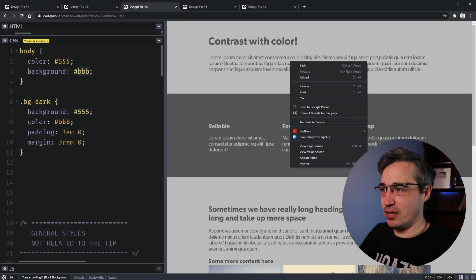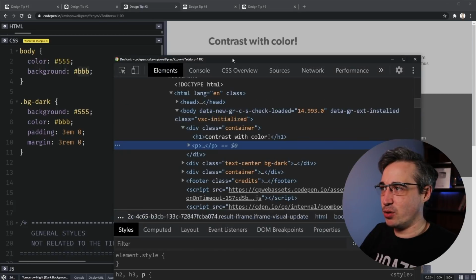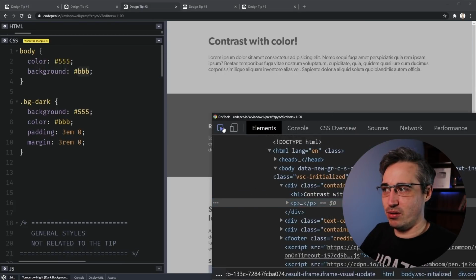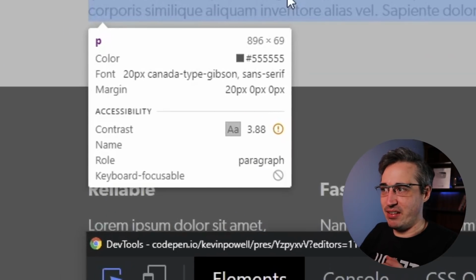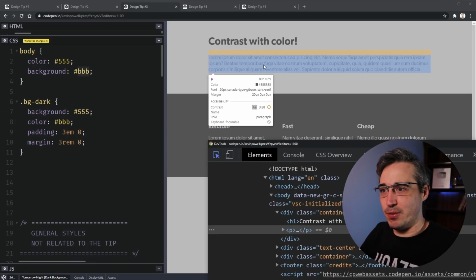Or actually, let's just go look. We'll look really quickly at the contrast. So in Chrome, it's really easy to get. You go to your little inspector tool here, and it shows you the contrast. And I can see here it's giving me a warning saying that the contrast is too low and that this is a problem. It's going to be hard for some people to read. So we do want to make sure that that number is held high enough.